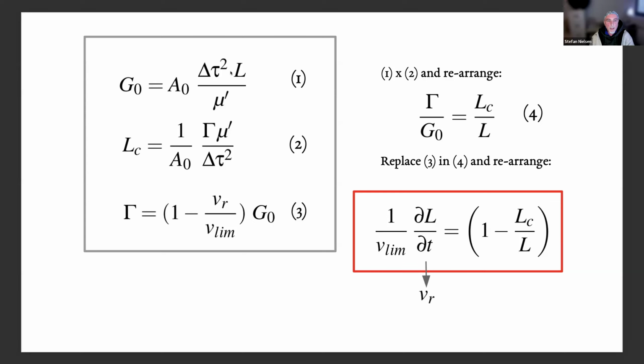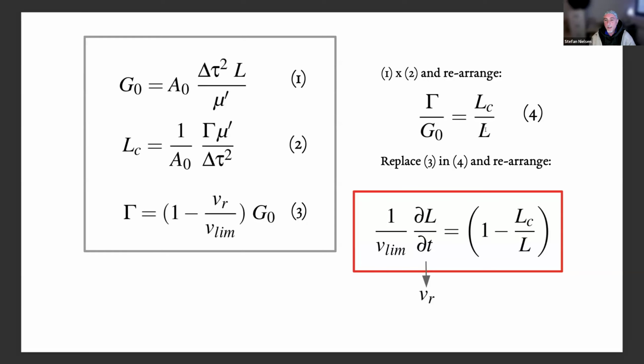Now, the trick I did is I just multiplied the first two equations together and rearranged them, and all the complicated terms like the square of the stress drop, the shear modulus, and the geometrical factor disappear, and you're left only with these very, very simple equations, where the ratio of the dissipation to the static energy flow is equal to the ratio of the critical Griffith length to the current rupture length.